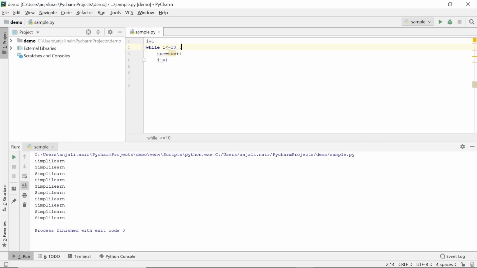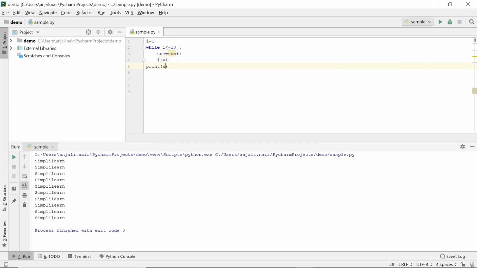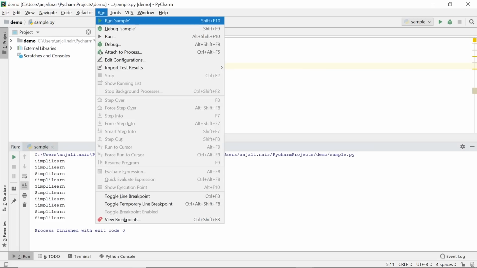So i starts from 1, and every time you go inside the while loop, you have to check if i is less than equal to 10. So as long as i is less than 10, you move into the while loop, and in the while loop, you keep adding this i to another variable sum. And after it's added, you increment the value of i, so that i goes all the way from 1 up till 10. And once i is 11, the while condition results in false and you break out of the while loop, moving to the next statement after the while loop, which in our case would be the print statement to print the final sum. So let's run this code.